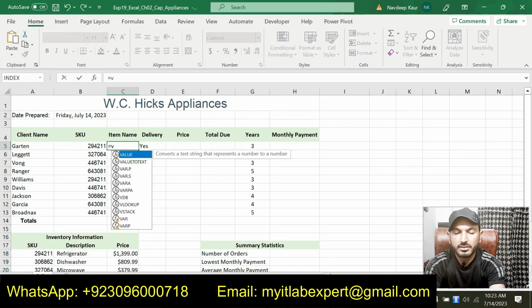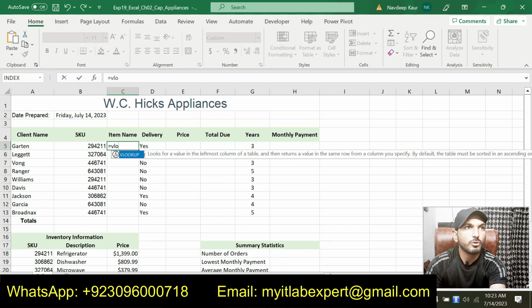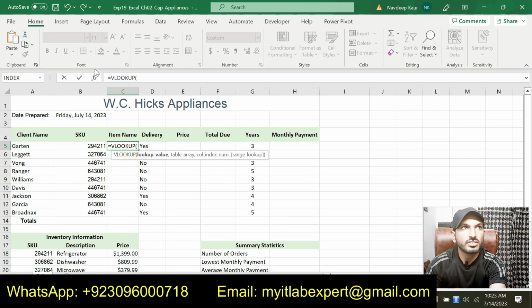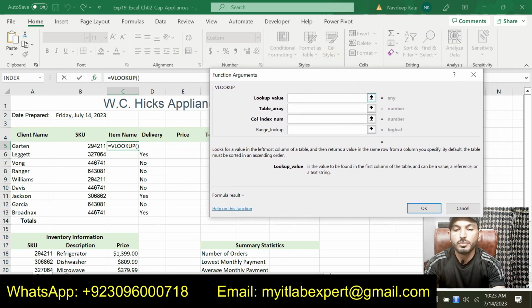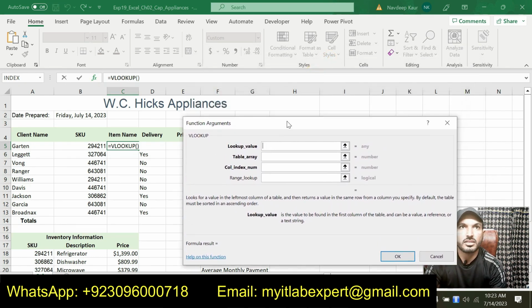So we will type an equal sign and we will type LOOKUP. So we will get this function. Now we will click on this insert function symbol to type our function arguments. So our function arguments will be, lookup value will be this one, B5.